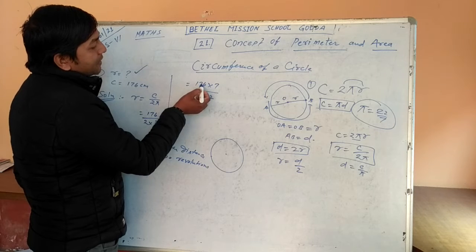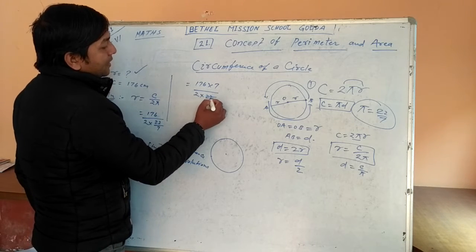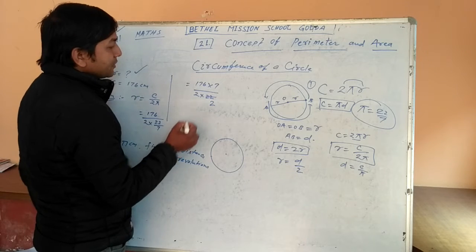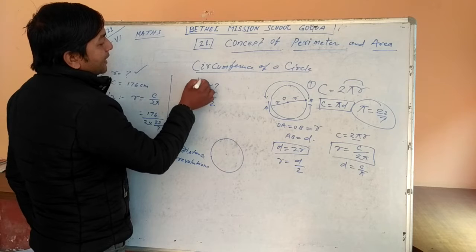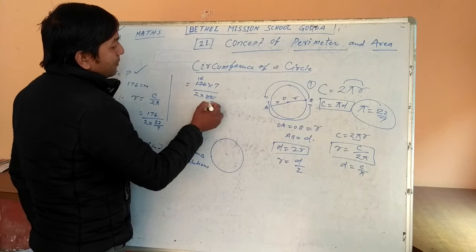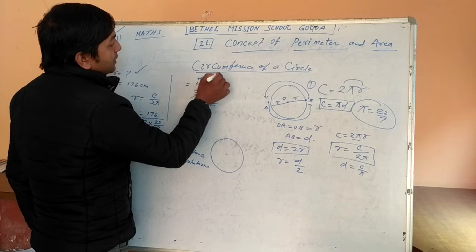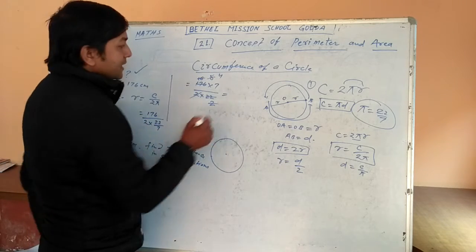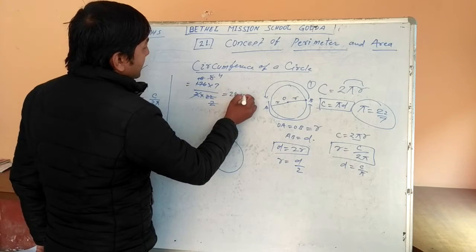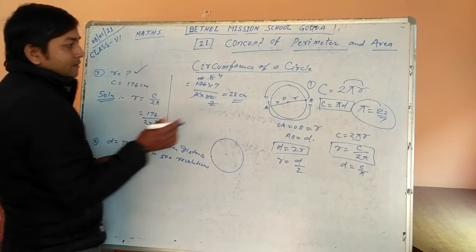Okay, by 2 it can be divisible, or both of these can also be divisible by 11: 2 elevens are 22 and 11 ones are 11, and 11 sixteens are 176. Okay, by 2 also it can be divisible, 8, and by this 2, this is 4 times. Okay, 7 fours are 28 centimeter is the radius of this circle.